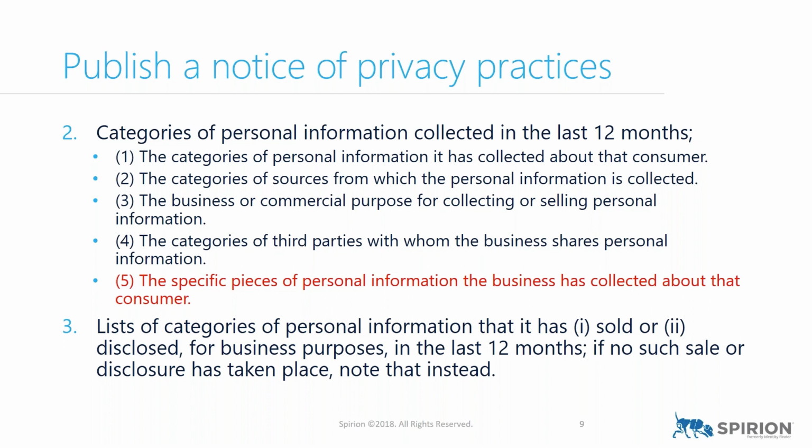Because remember, this law was banged out in about 36 hours, which is probably a record for the California legislature. And it was done so because there was an initiative petition that was going through and getting ready to get posted for being voted on in the fall. And so in exchange for dropping that, the California legislature was allowed to throw this together and get it passed. And I emphasize they threw it together. So you're going to find a lot of drafting errors here that allegedly will get fixed at some point in the future. Great, thank you.